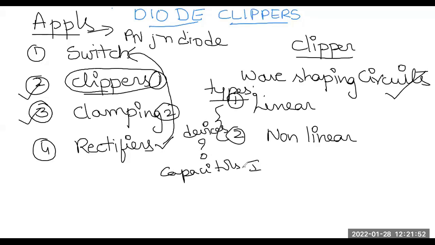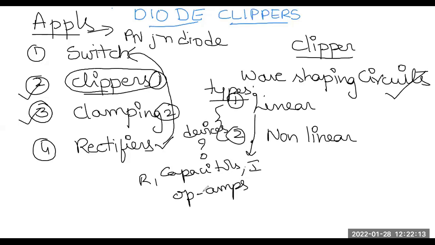All of these come under linear devices. So if a wave shaping circuit uses these types of devices, we call it a linear wave shaping circuit. Resistors, inductors, capacitors, and even op-amps, operational amplifiers,